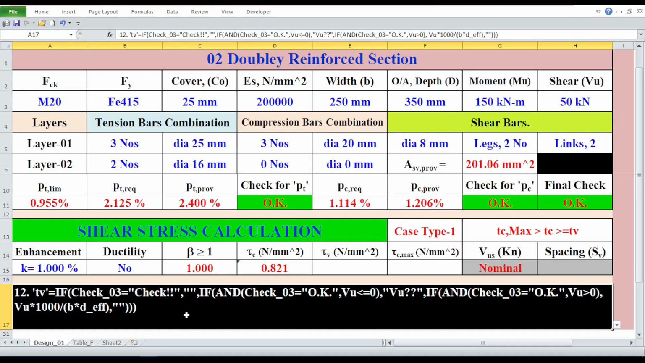The formula for tau V begins: equals if, open parenthesis, if check underscore 03 equals, within quotation, check, with double exclamation, comma, then a blank quotation. Comma, if, open parenthesis, and, open parenthesis, check underscore 03 equals, in quotation, OK, comma, and VU is less than or equal to 0. Close the parenthesis for and function. Comma, then within quotation, VU, with double question marks,